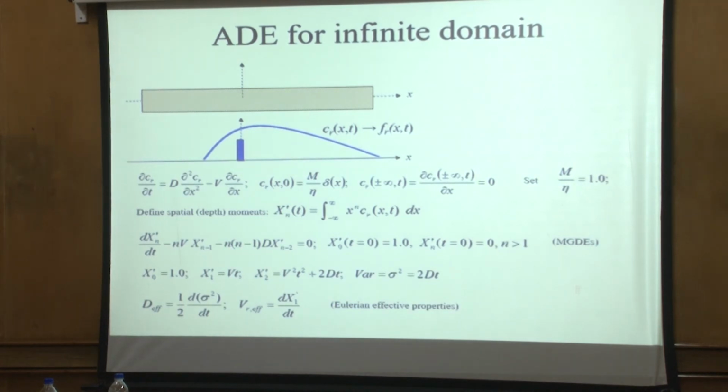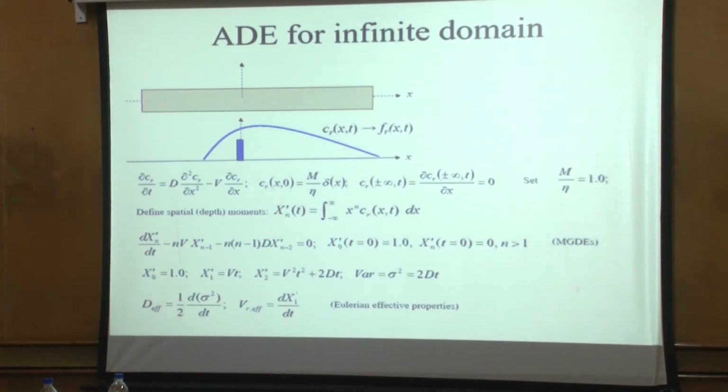So for n equals 2, you will have dx2'/dt, you will have a 2 over here, and you'll have this term. And after that, you'll keep involving the lower two order moments for your next moment. Okay? Because to compute x sub n, I need to know x sub n minus 1 and x sub n minus 2. So I have to solve for these lower moments before I go to the next one,